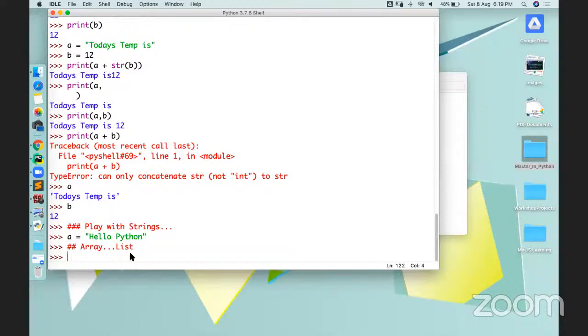Okay, I hope all of you know about array and list, right? So what is this array term? Actually, if we call a of zero, right? So now what are we doing here,